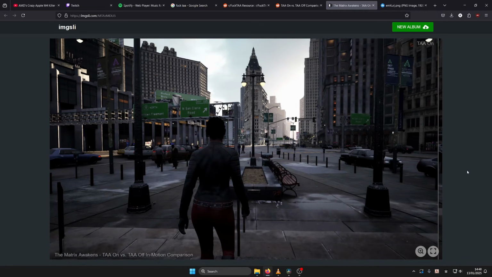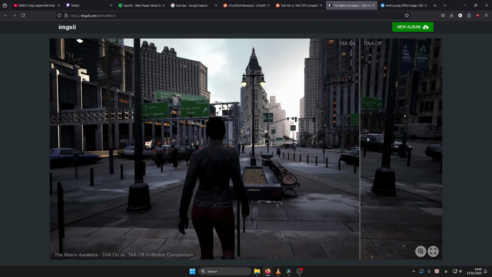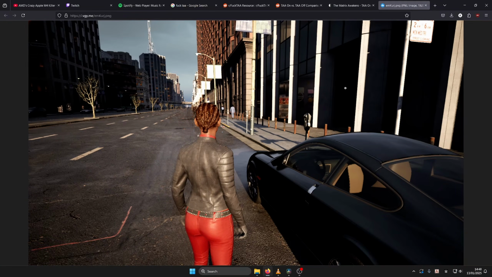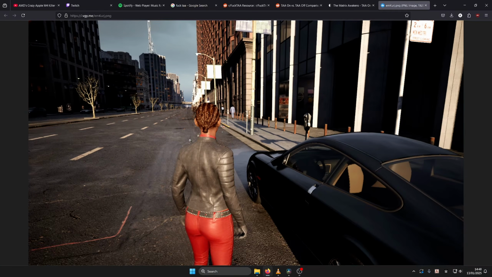So this is how it looks when static. Okay, when static, oh my god, look at all that aliasing, man. But now with TAA on, bam! It looks slightly blurry, but it's fine, right? But what about in motion? Not only does motion make the image even more blurry than this one, it ghosts. Can you see all these past... It's kind of like an anime effect, right?